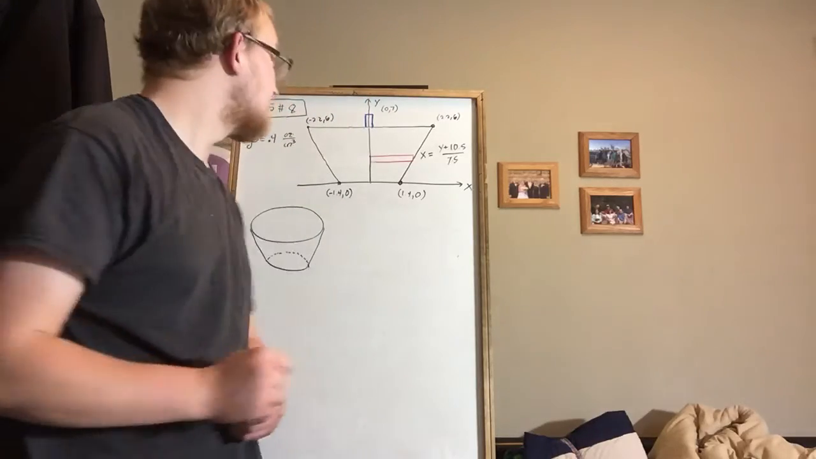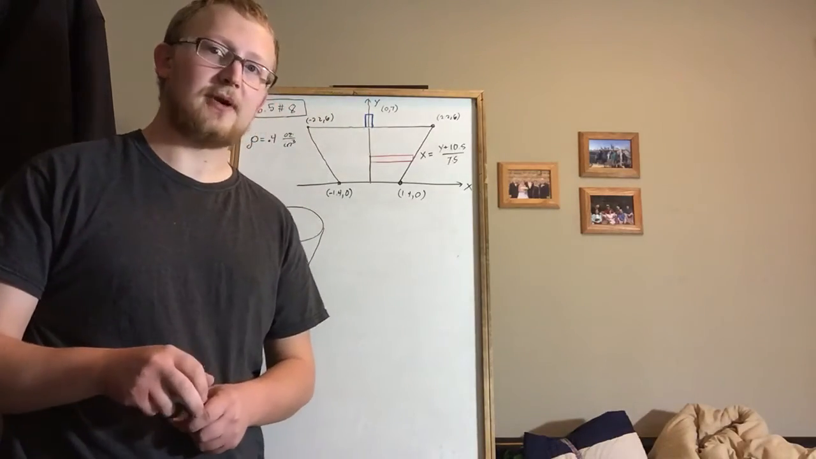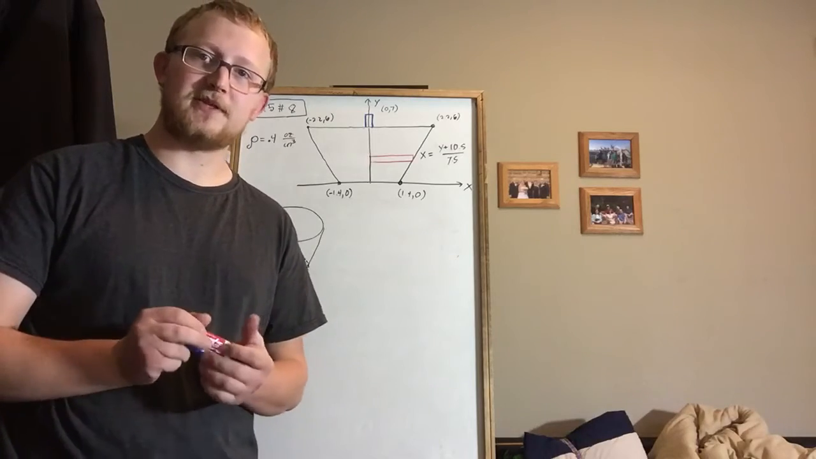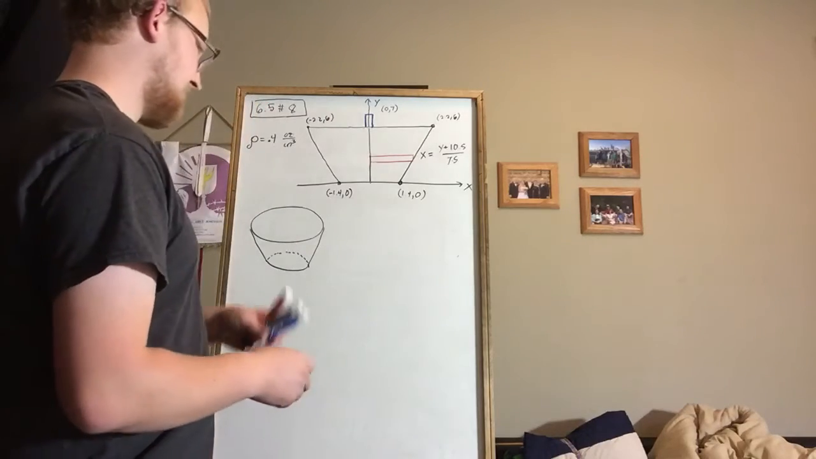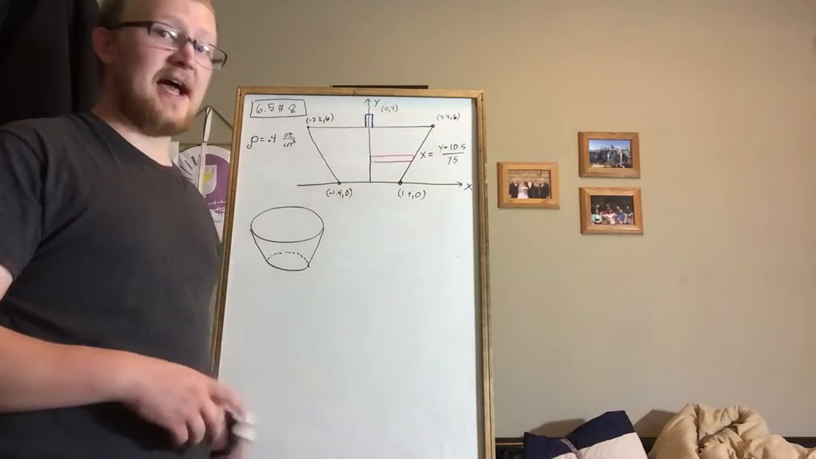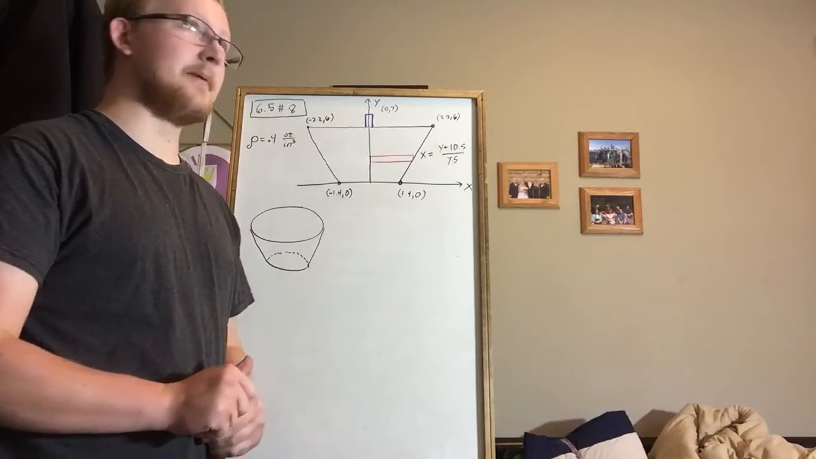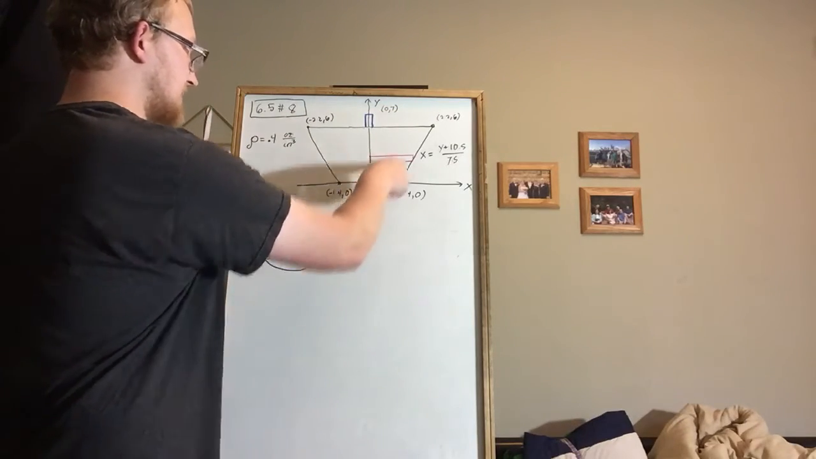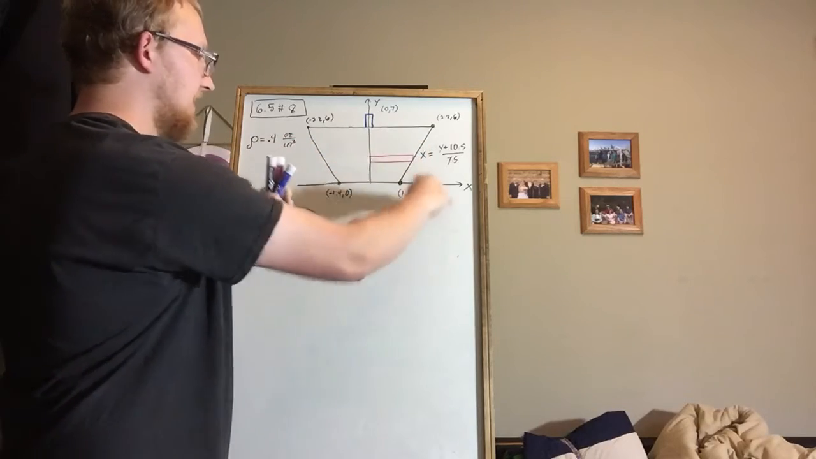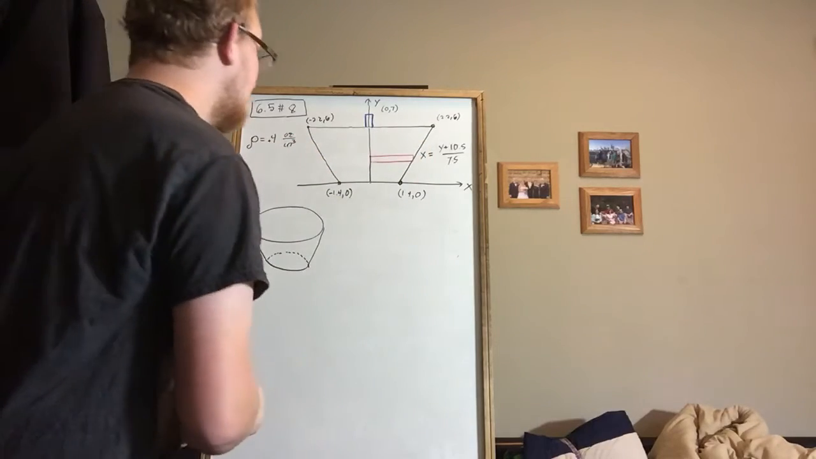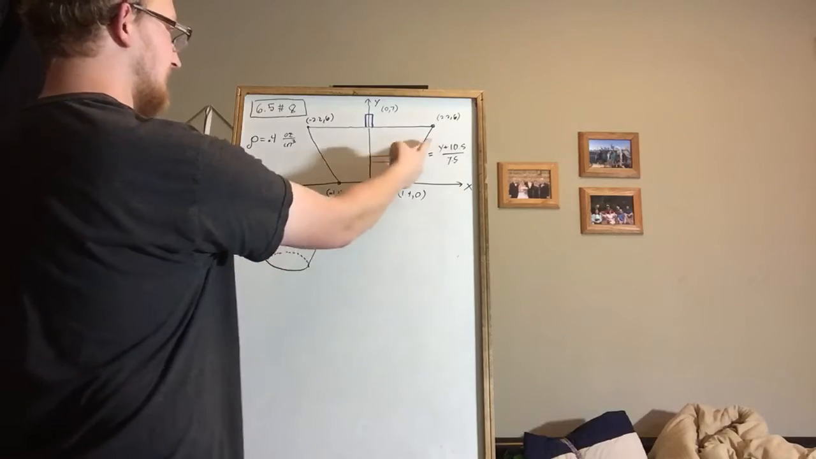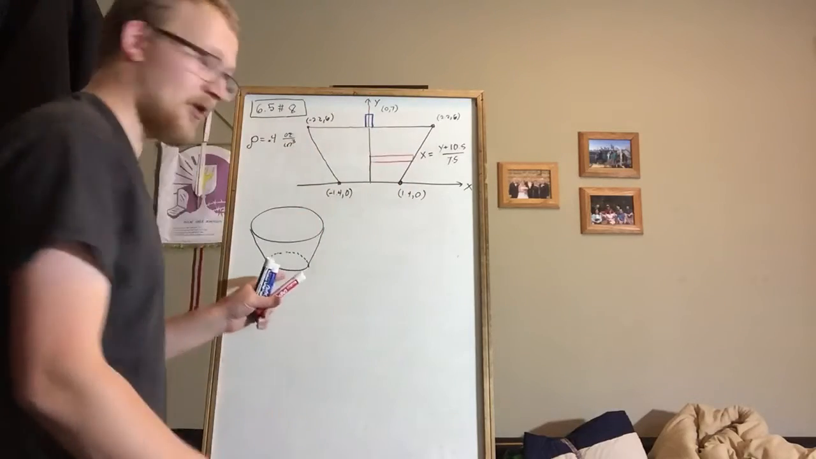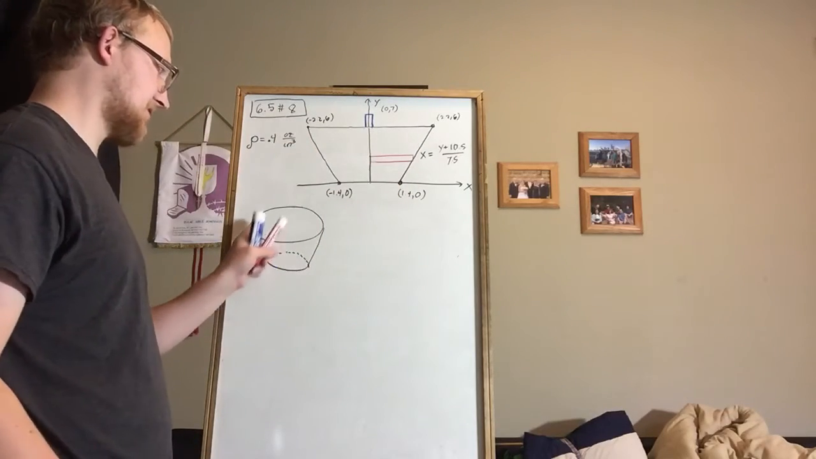Alright, welcome back. This is 6.5, problem number 8, probably one of the more challenging problems in the homework. What we've got is a side view of a truncated cone. Truncated means that it would have been a cone, but we cut it short of being a cone. And so what that implies is that this shape is actually revolved around into a solid of revolution that